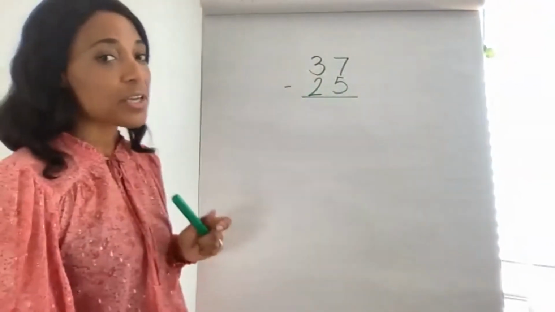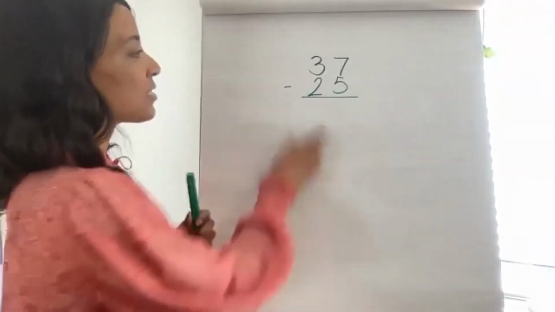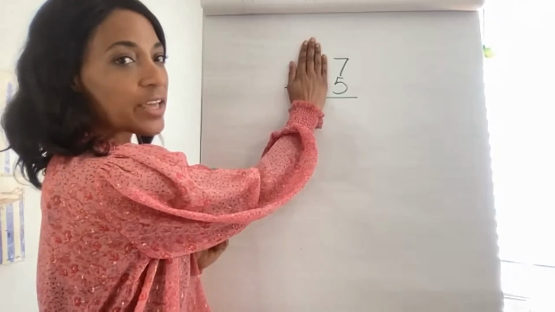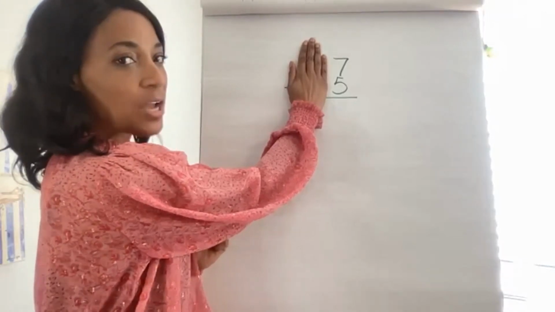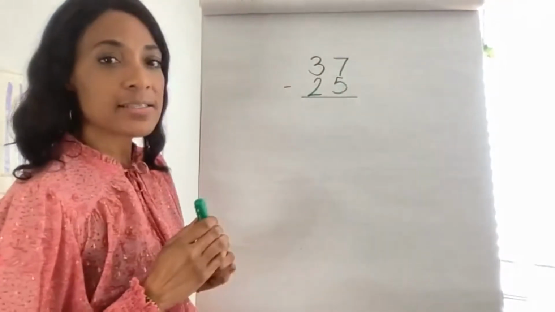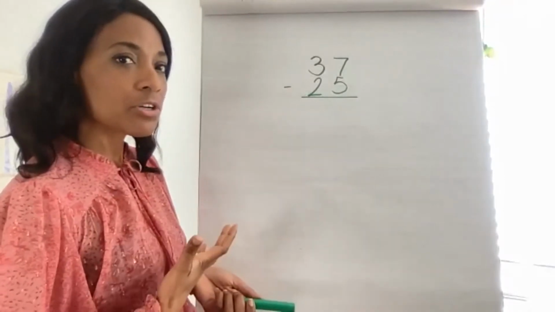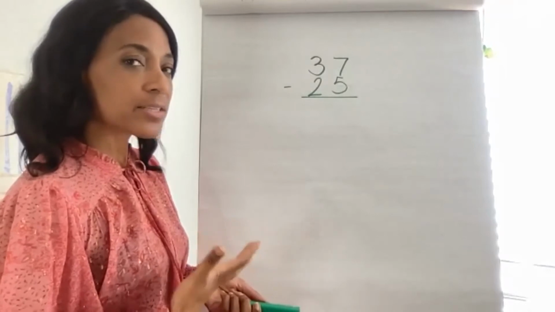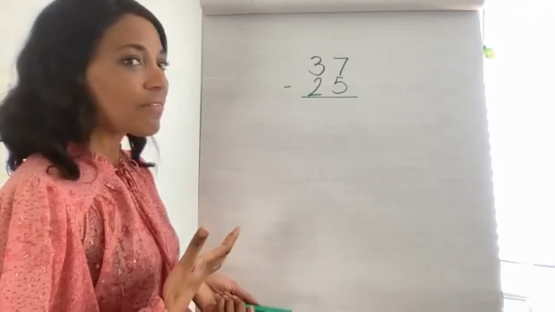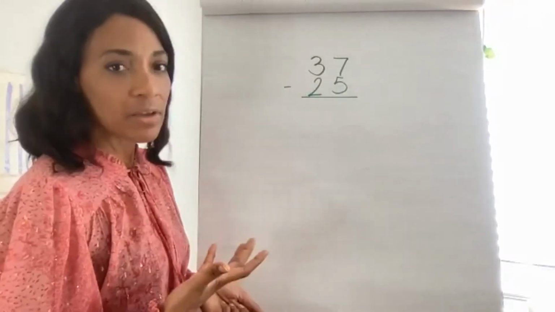And I'm going to tell you why. Two reasons. When you look at this, all they have to do is 7 minus 5. So all they have to do is count up to 7 and subtract 5 and do 3 minus 2. It's a quick way to the answer, right? I think about it like a microwave. You can cook your dinner in the microwave and it'll get done and it'll get cooked. It takes longer than the stove or the oven, but I think we all know the difference between a microwave cooked meal and an oven cooked meal.